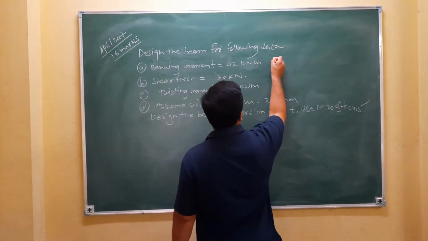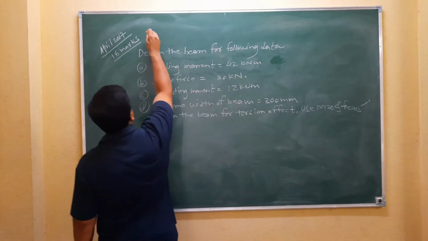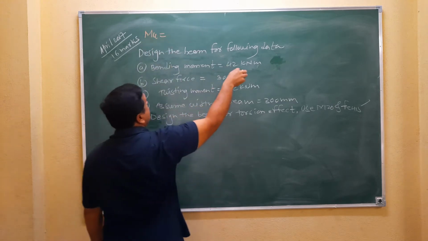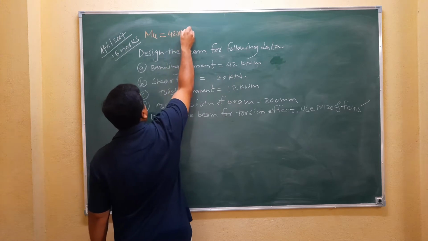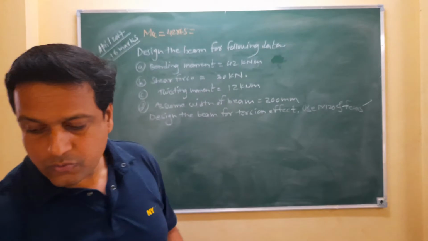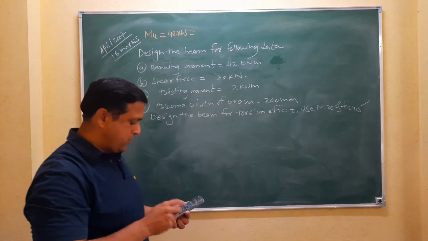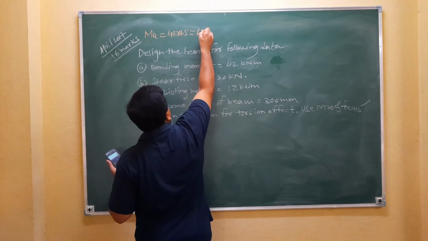So what is the ultimate bending moment? Ultimate bending moment Mu is 42 into 1.5, which is 63